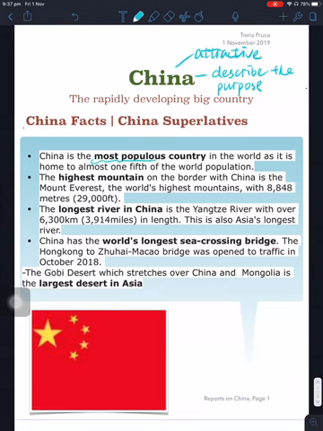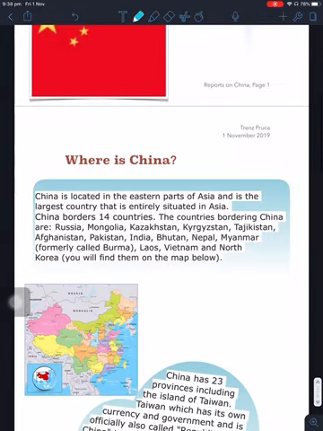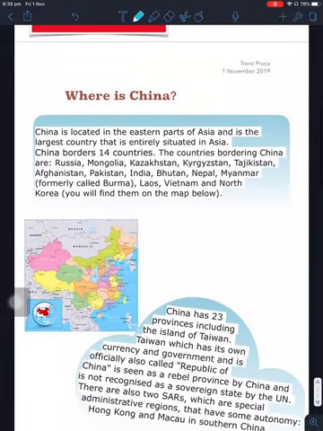You use bold fonts to help you emphasize the information that you want readers to see more clearly. So it makes people want to know what China is great at, and then it moves on to